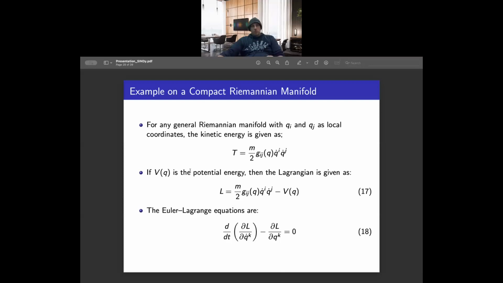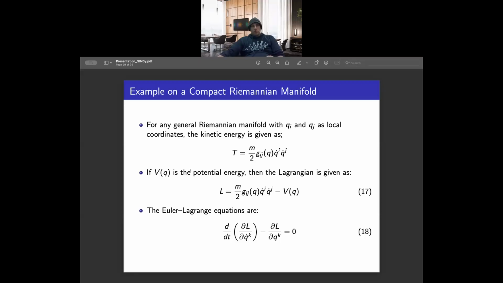This is the Einstein notation, so you have to take the summation over i and j. And same for the potential. Here I am assuming that the potential is just a function of q. This comes from a conservative field, so it is not something like friction or anything. So this is the Lagrangian, and the definition of the Lagrangian is T minus V, where T is the kinetic energy and V is our potential here.